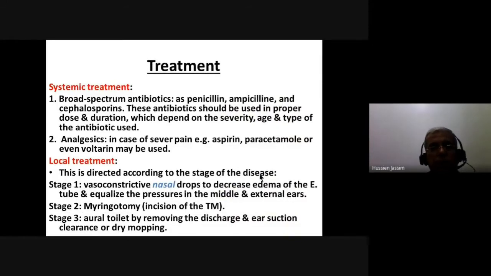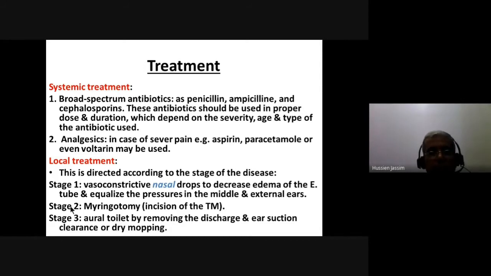Treatment: we usually give systemic antibiotics and analgesia, but the local treatment is the important one. We have to treat the patient according to the stage. بالstage 1 اللي هي الهايبريميا نعطي nasal drops. Nasal drops are very important for the treatment of otitis media for decongesting the pharyngeal opening of the Eustachian tube and equalizing pressure in the middle ear, between the middle ear and the external